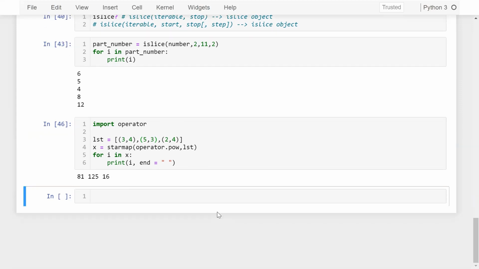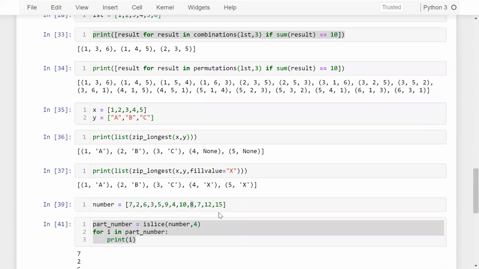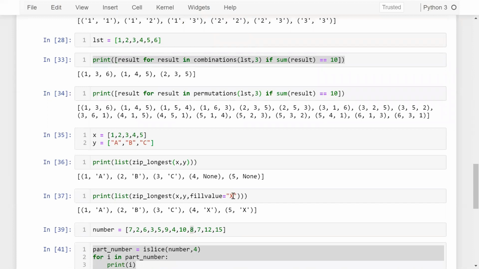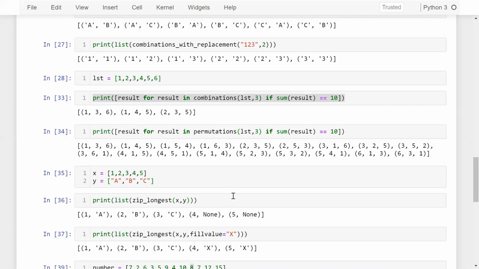Fine. I hope you understood lots of concepts from the Python itertools module. So guys, what is the benefit of itertools? Here, all of the data is not stored in memory at the same time. Reducing memory usage can reduce swapping and other side effects of large datasets. So using itertools will increase your program's performance.